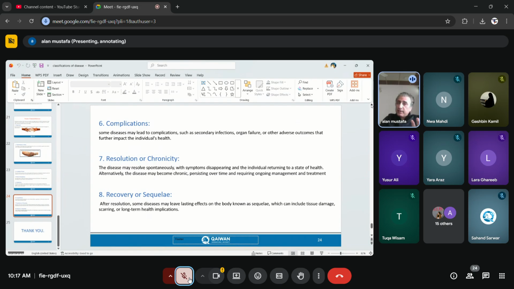This also maybe happened due to medical errors. Medical errors? Yes, sometimes, but